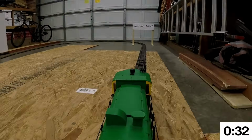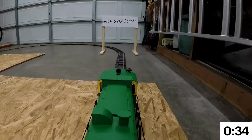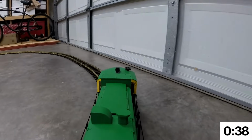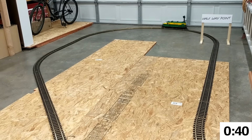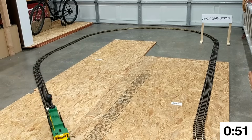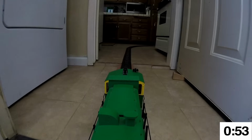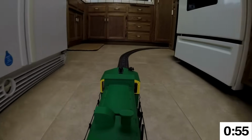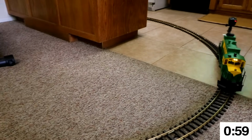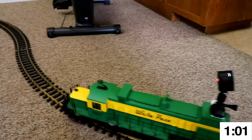We're coming up to the halfway point here. The time at the half? 36 seconds. Now, to be honest, I don't think I did a good job of accurately placing that halfway marker. I think that may actually be a little short of the halfway point, but as long as we use that same spot to check each train's time, it'll give us a fair way to compare their performance as they go through the garage. For this White Pass locomotive, the halfway time was 4 seconds slower than what the Santa Fe